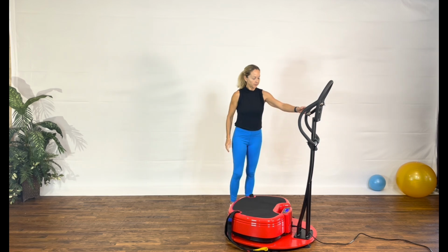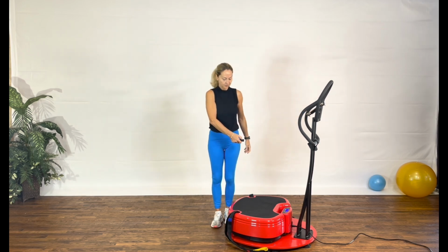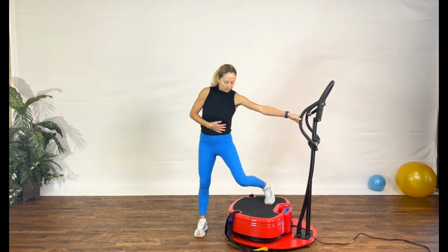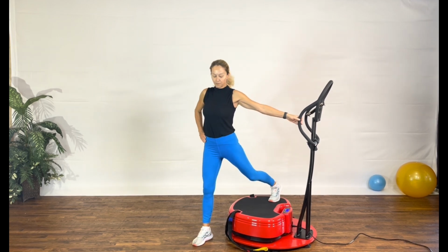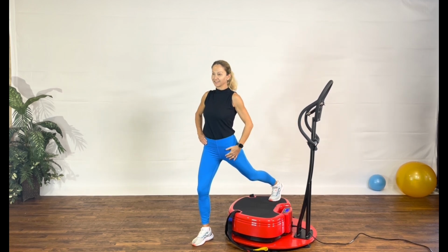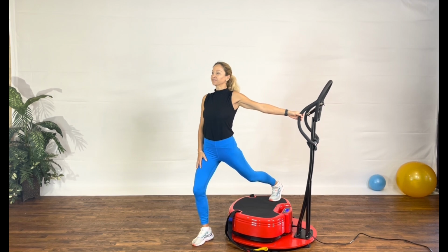Switch legs. We're going now for that left leg. Setting is the same. Each time, don't forget to turn on your vibration once you are in the position. Slight bend into the knee of the leg that is on the floor. I'm staying tall. I elongate and extend that left leg on the power plate to really feel a nice stretch